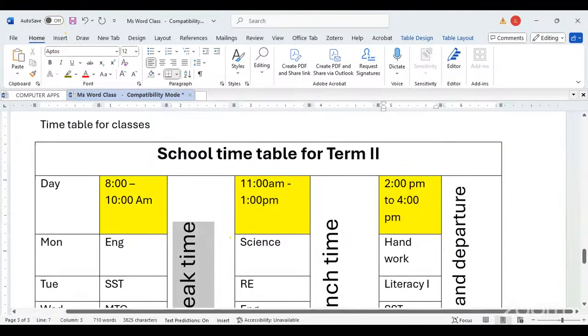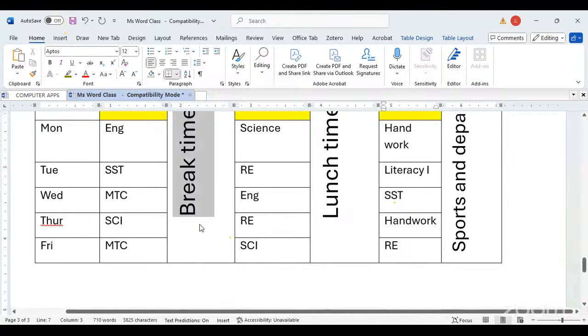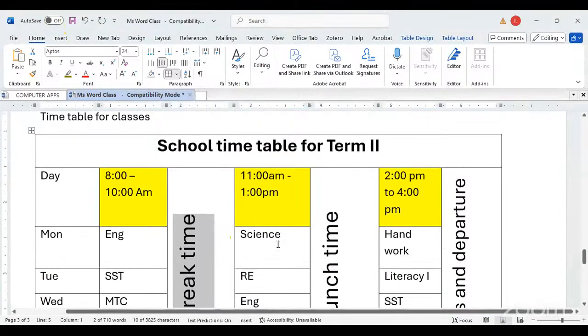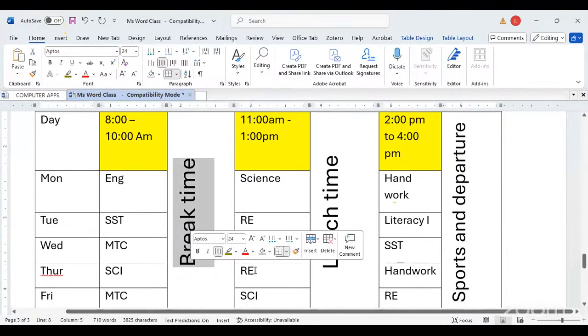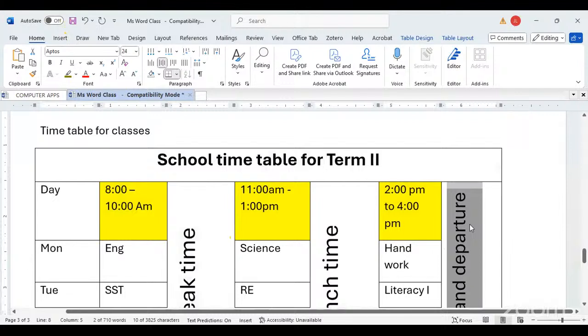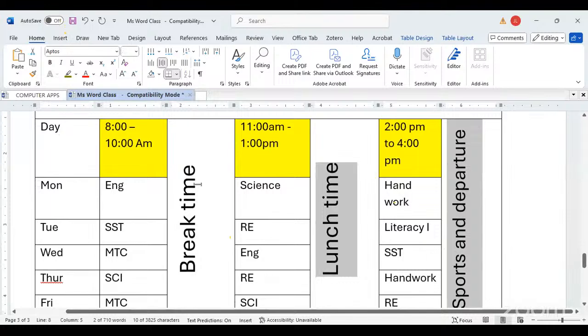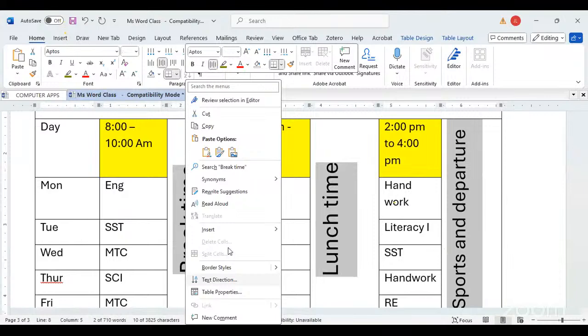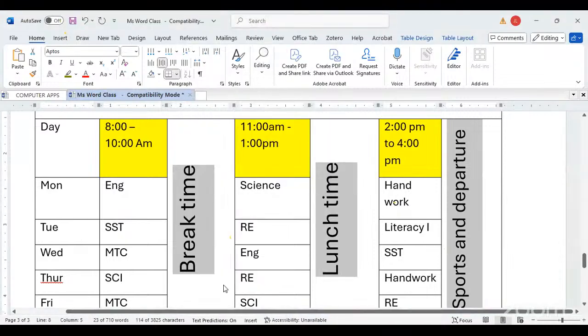For our times, that is break time and so on and so forth, still right click, table properties. Now we can select non-adjacent cells, by the way. Select the first cell, press the control button. While holding it down, press the second cell and select the third cell. Right click, table properties,